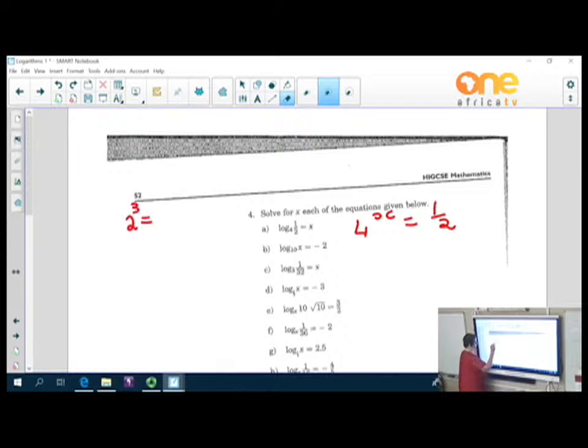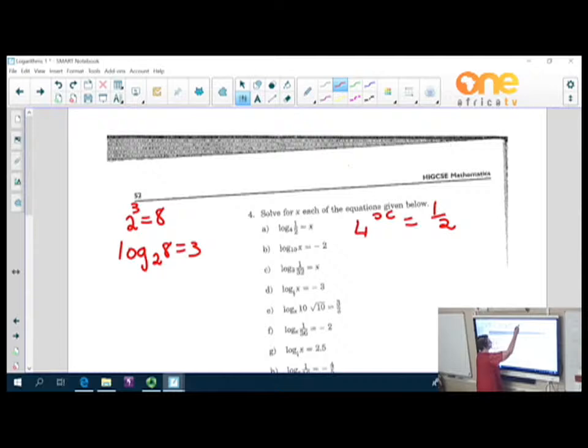Still changing it, still working with this. 2 to the power of 3 is 8. Log base 2 of 8 is 3. So the question is now 4 to the power of what will give me a half, an answer of a half. Now, what we do there is we change them to the same base, which means this one is going to be